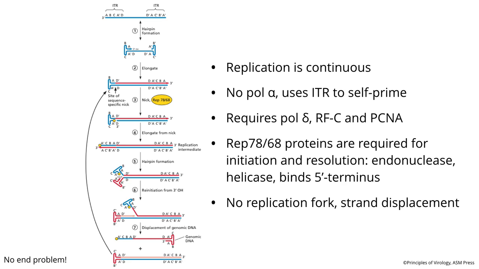So this is displacement synthesis using the DNA of the viral genome itself as a primer. There's no replication fork. There's no end problem, right? Because of this clever business, by using the 3' T as a primer and then nicking the product and filling in the very end, we're not losing any end sequence. And in fact, the sequences at these ends are inverted terminal repeats. And so that's why copying this single-stranded region in step 4 allows you to regenerate the end, so you don't lose any sequence. So that is solution number 2, the single-stranded genomes. How do they replicate? They use themselves as a primer and have a clever way